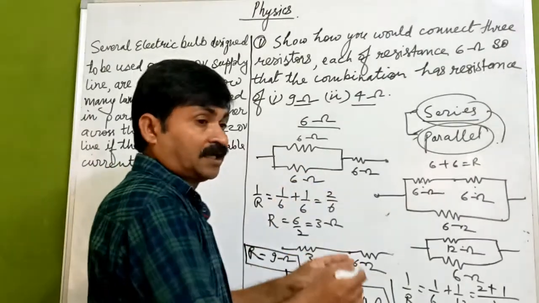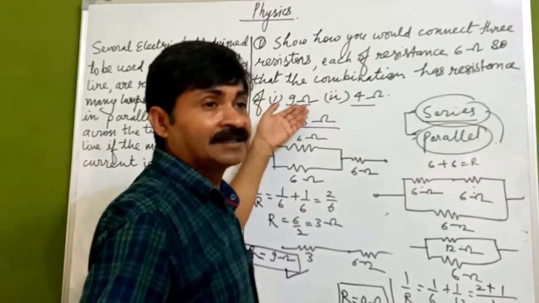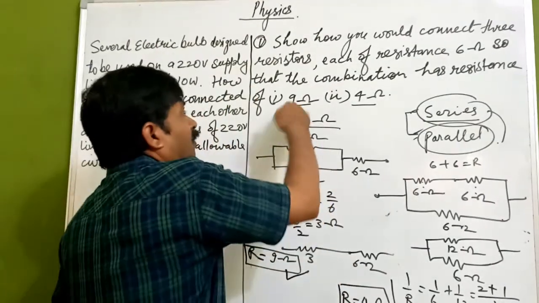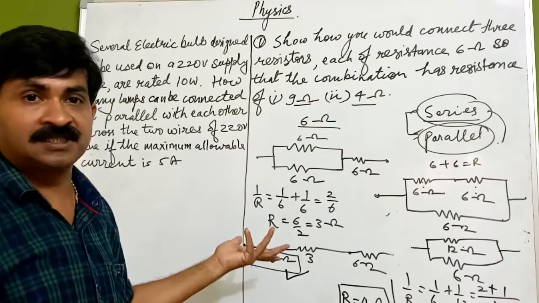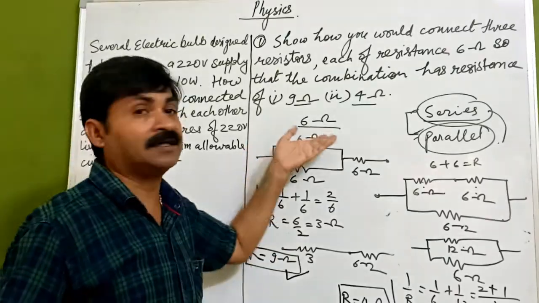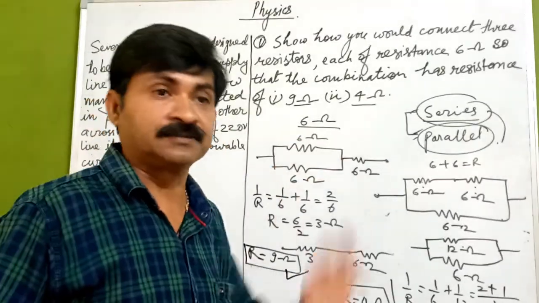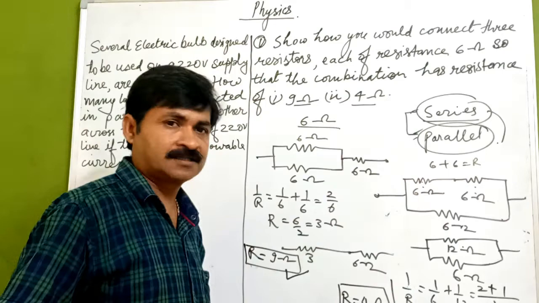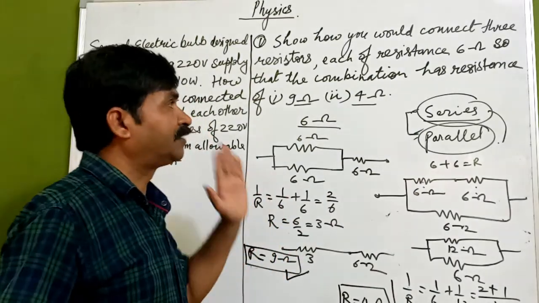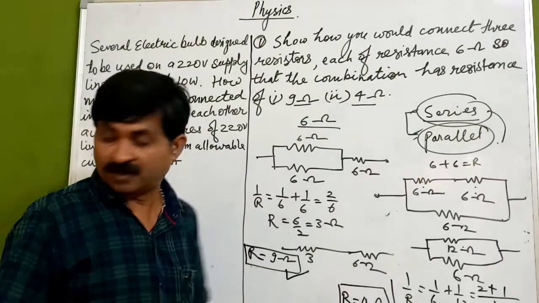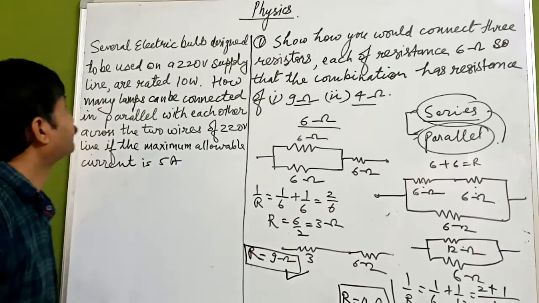It is practically can be done if we are not having the resistances. Say if you want 9 ohm resistance and you go to purchase these resistances, and it is not available and the shopkeeper says to you that 6 ohm resistance is available, and if you have studied this you can do it very easily. Okay, so this way we have got an answer. Okay, now we will move to the next question, which is here.